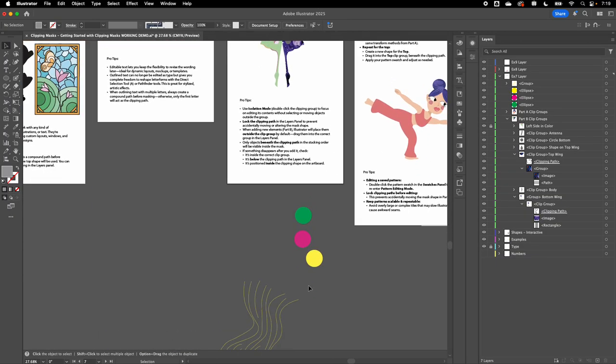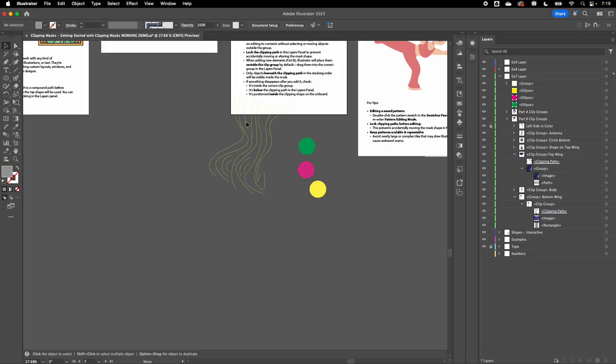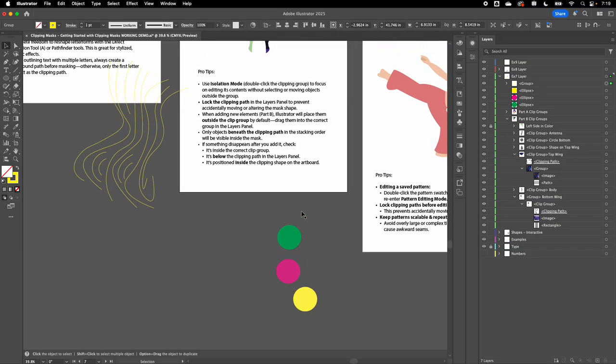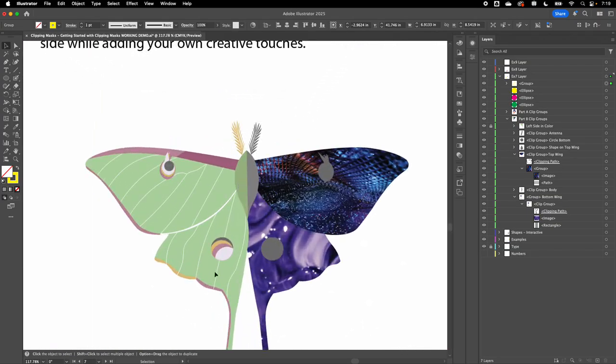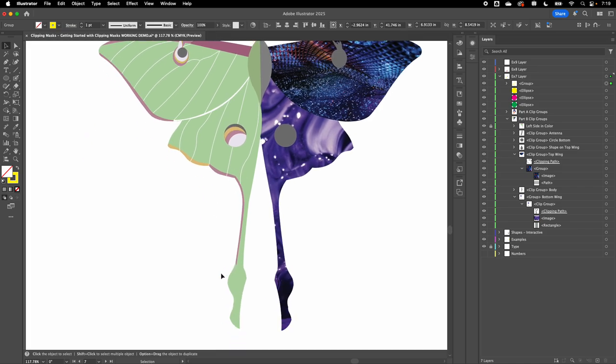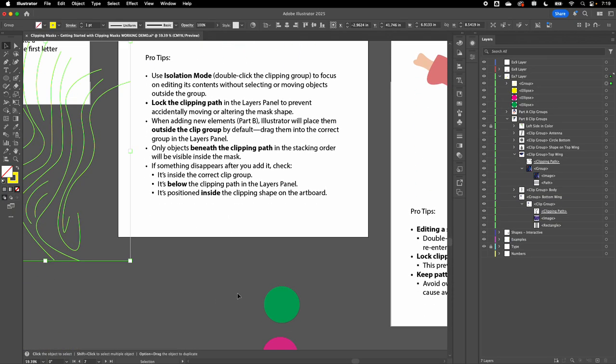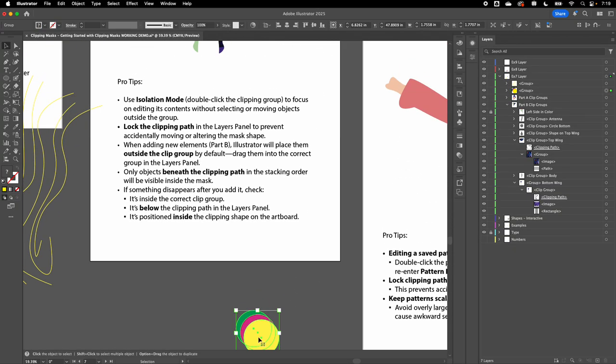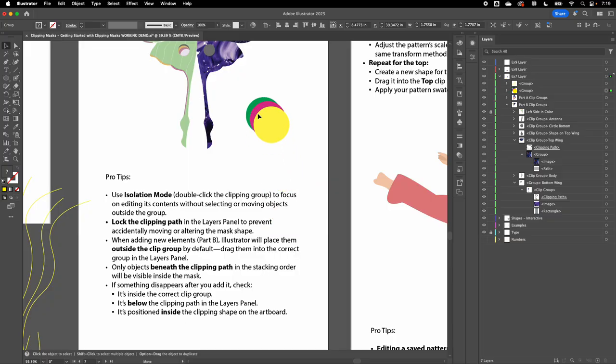I also have some other elements down here, some lines that I made using the curvature tool. They're just yellow. I have some shapes. If you look at this element right here, this is just a circular clipping path, and inside it, there are a few other circles. You could create that same type of thing by layering a few circles over top of each other. I'm going to group them together, bring that up to where I need it to be,